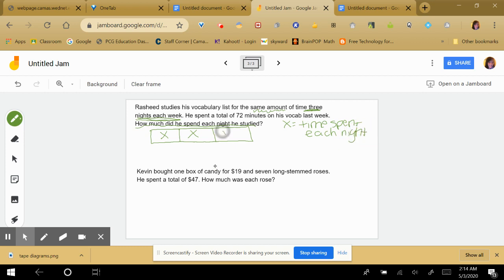Okay, so we have 3 x's all together. It's 72. So my equation is 1, 2, 3x. Let's write it over here. 3x equals 72. Okay, I'm going to divide both sides by 3 because I notice they're multiplying and I want to do the opposite. Cancel. X equals